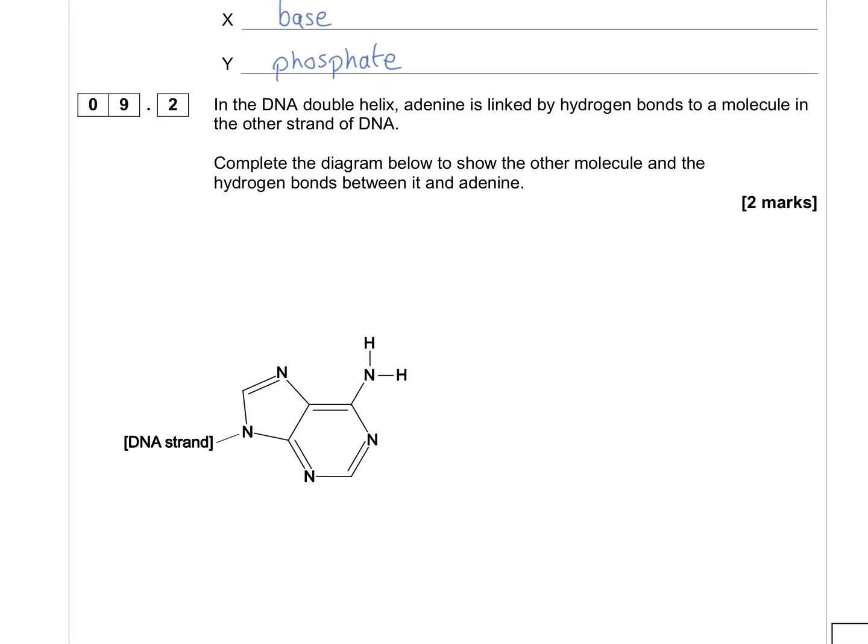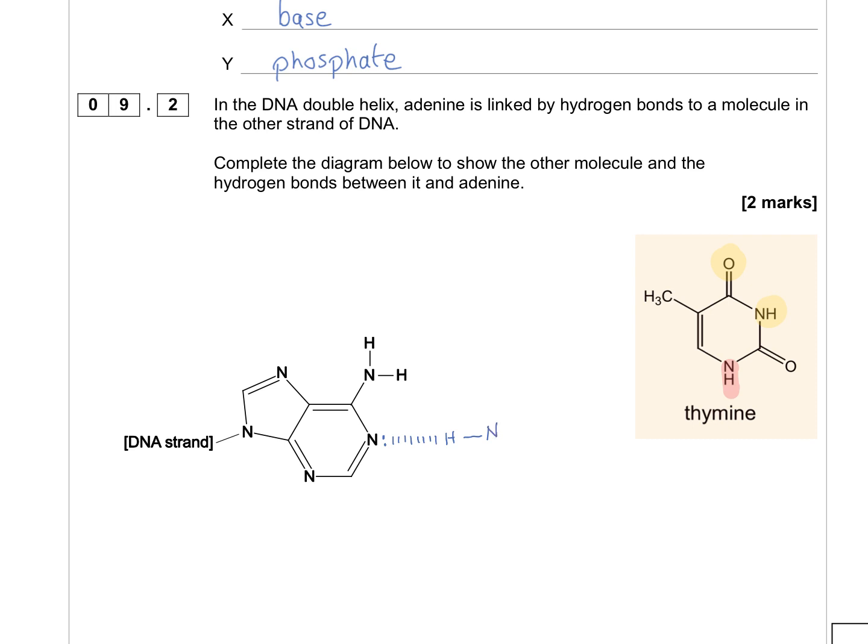Okay, so this is the bit that everybody found difficult when we did it in class. It's where you're having to draw on the hydrogen bonds. So I've put thymine and copied it across from the data book. If you remember, where I've coloured in red there and highlighted is where it attaches to the DNA, back to the rest of the strand. The hydrogen bonds are going to be where I've highlighted in yellow. So on the molecule of